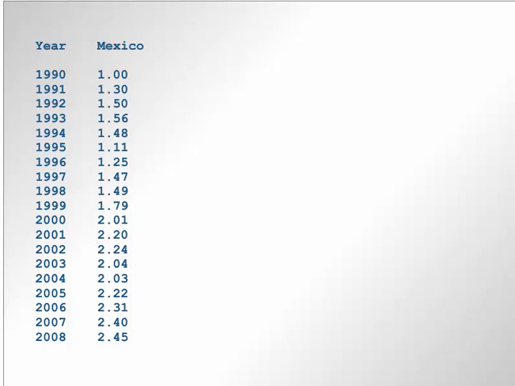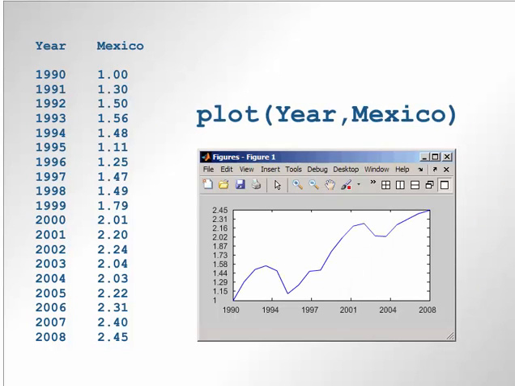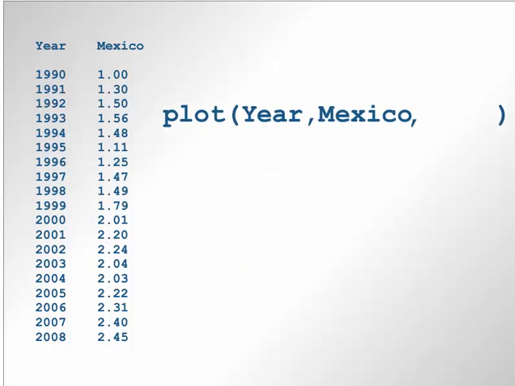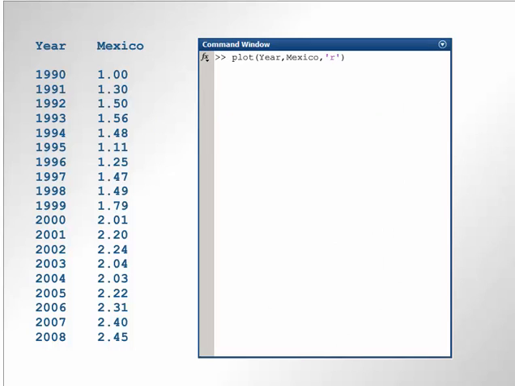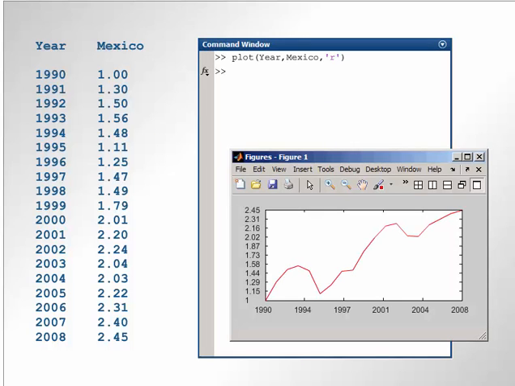By default, the MATLAB plot command displays a blue solid line with no marker, but the plot function accepts an optional third argument that allows you to specify the basic properties of the plot appearance, such as line style, line color, and marker style. These options are specified inside single quotes as a string that can have 1, 2, or 3 parts. The command plot(year, Mexico, 'r')